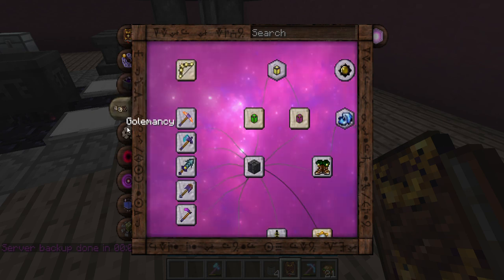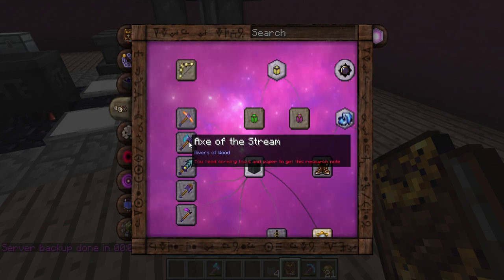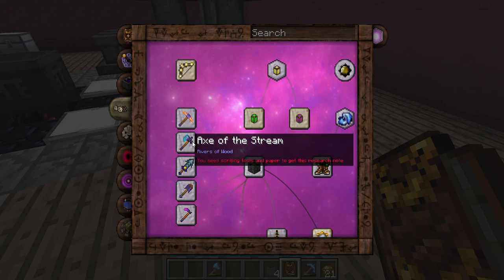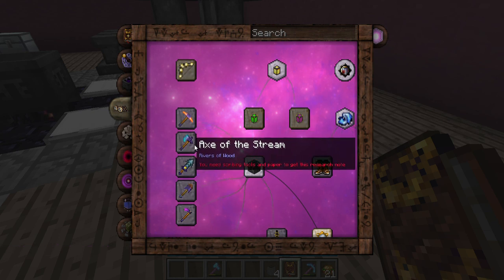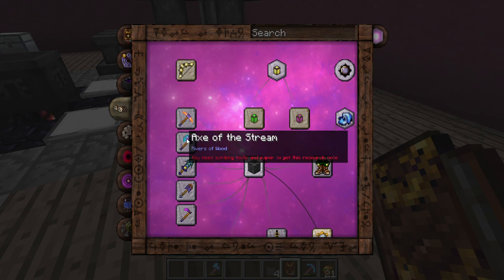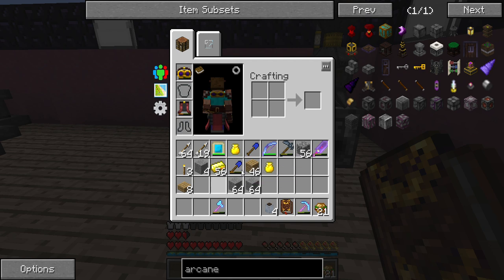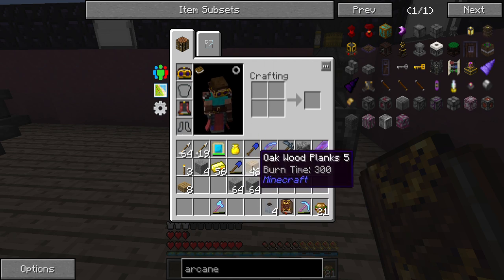So we're going to make the axe of the stream, which I have not looked up yet, so I don't actually know how to make it. I'm going to take a shot in the dark and say it probably needs water, terra, or wood. So, aqua, terra, or wood. So let's see if we can... No, this is wood, so let's